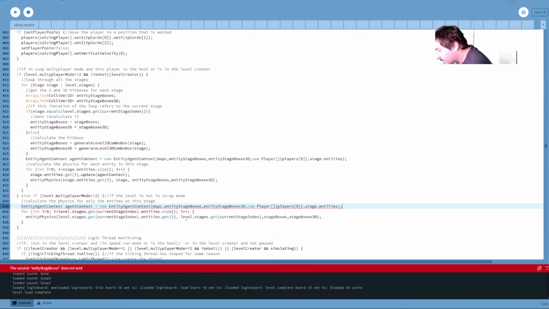So we do this out here. Level, let's see, just stage box, and stage box is 3D out here. So then stage does not exist. Right, yeah, this level stages get this.